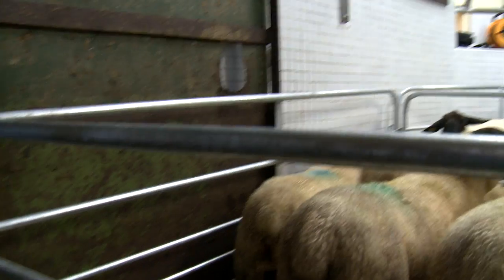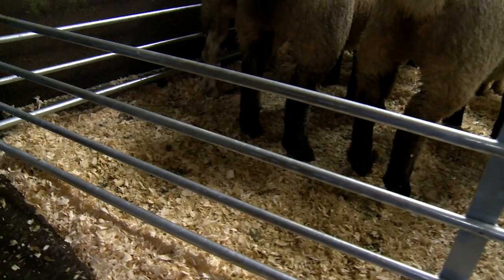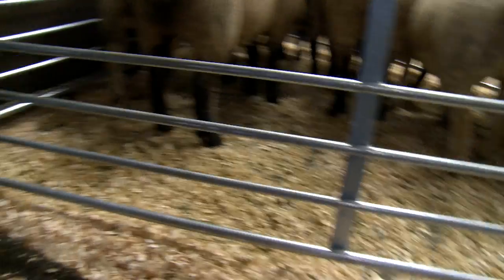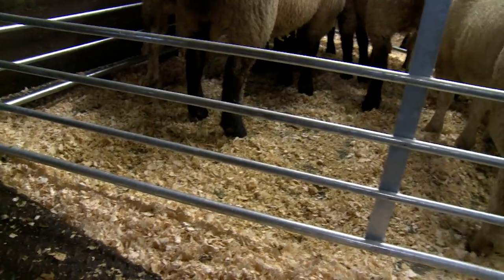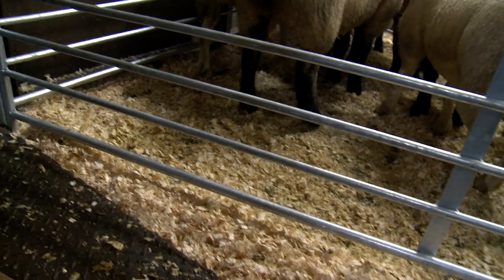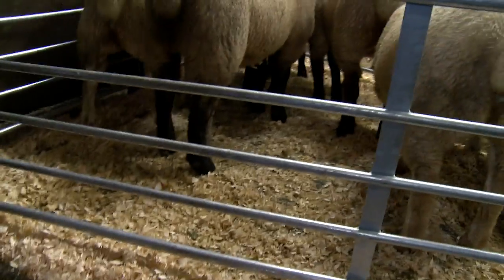If you do have abortions, what should you do? The one thing you should always assume is that it is infectious. And also remember, most of the causes that we have here are zoonotic, which means that they infect humans. So toxoplasmosis can cause problems in humans, enzootic, salmonella, campylobacter, listeriosis, lepto, all of those cause issues in humans. So just be very careful when you're handling the samples. And I'd always use gloves. Just make sure that you use gloves when you're handling these,